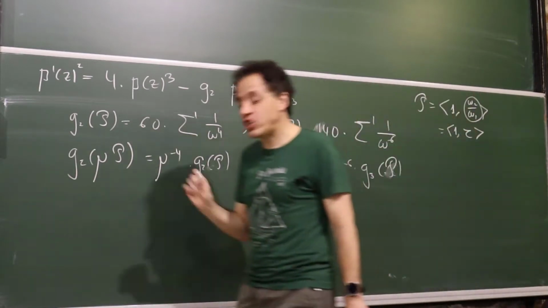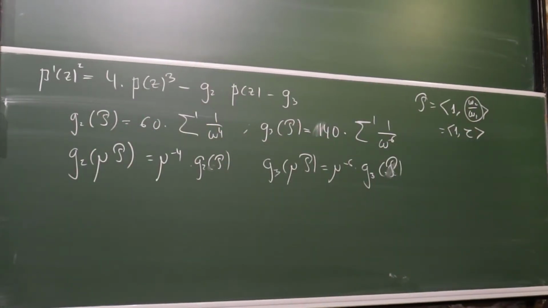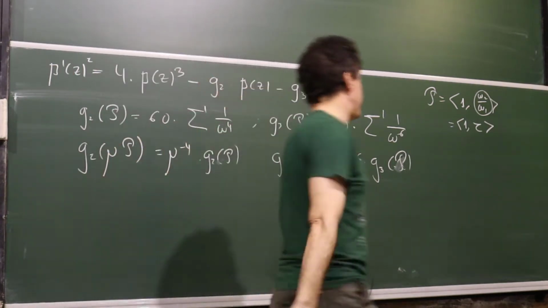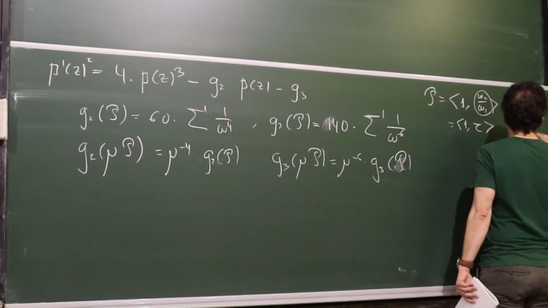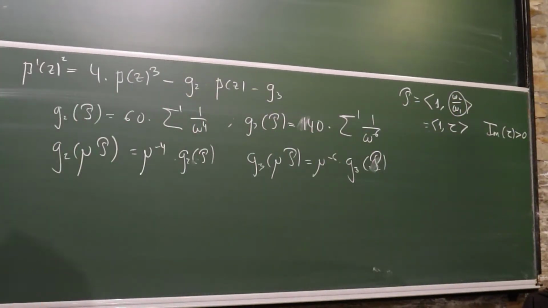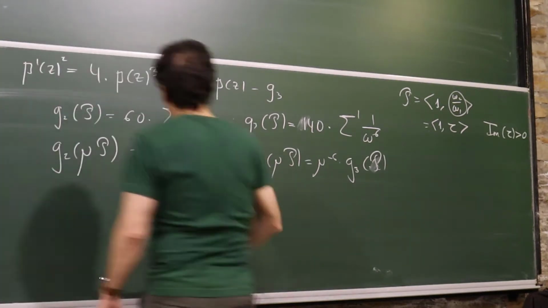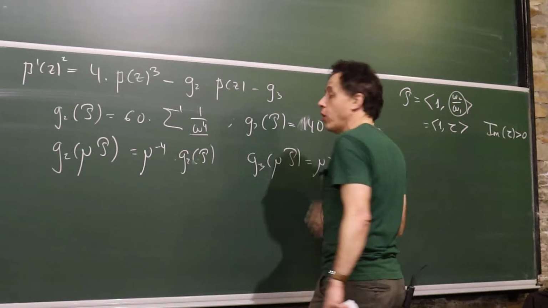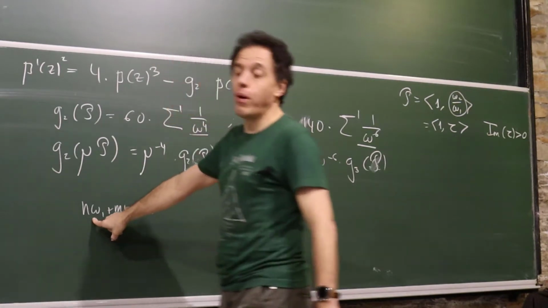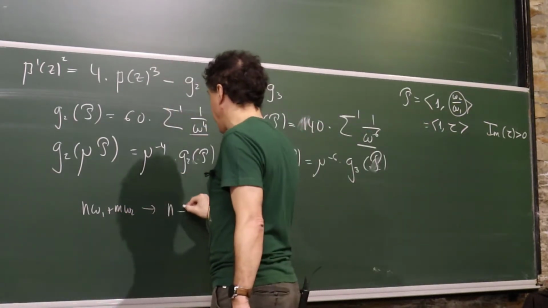So we're going to consider the lattice generated by 1 and tau, where tau we can assume is a non-real number, of course, with positive imaginary part. We can assume that because if not, we change the sign of omega 2. Okay? We can assume we are in this case. So replacing, in the denominators here, we have something as n omega 1 plus m omega 2. So replacing omega 1 by 1 and omega 2 by tau, we have something like,